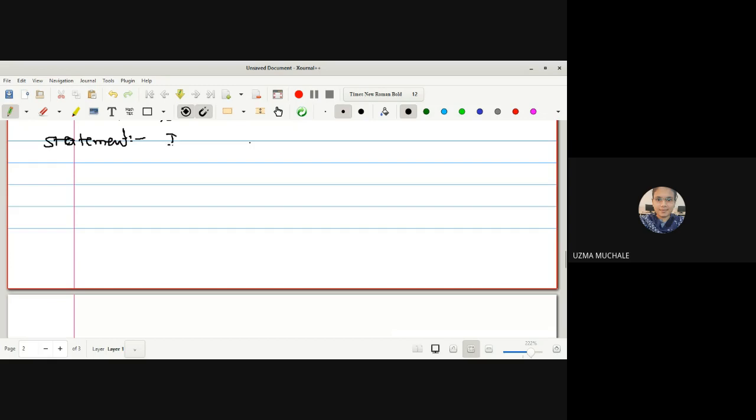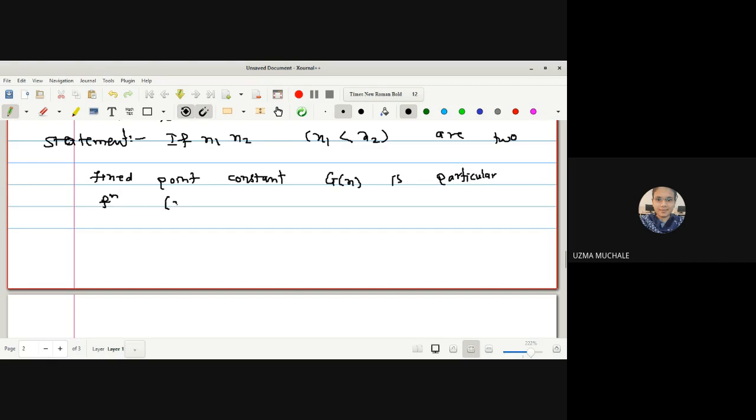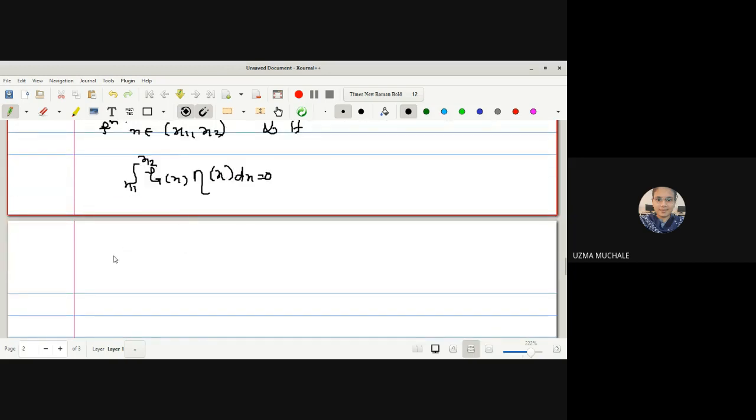If x1 and x2 are such that x1 is less than x2, two fixed point constants, and g of x is a particular function given in the interval x1 to x2. G of x is a function given in the interval with the values of x lying between x1 and x2, and if integration x1 to x2 of g of x into eta of x dx is equal to 0 for any choice of a